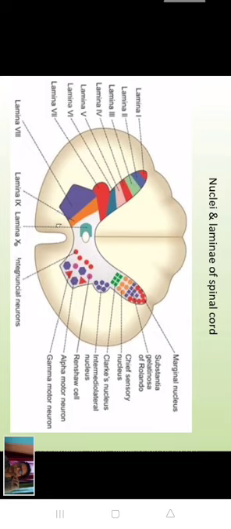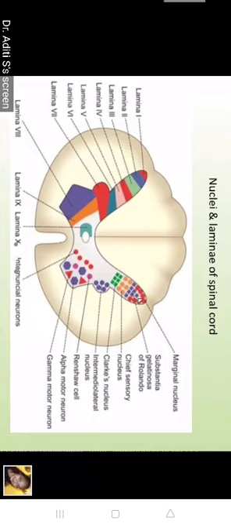Some cells are present here. These are neuroglial cells, not nerve cell bodies. They surround the central canal. This is called lamina 10. Okay, so please repeat: what are the nuclei in the posterior gray horn? At the tip there is the